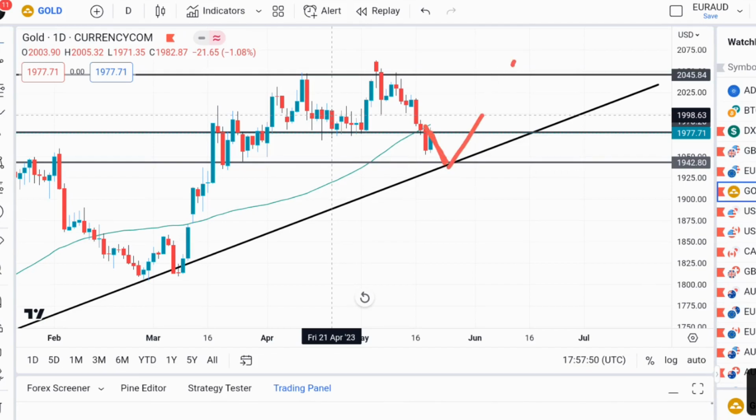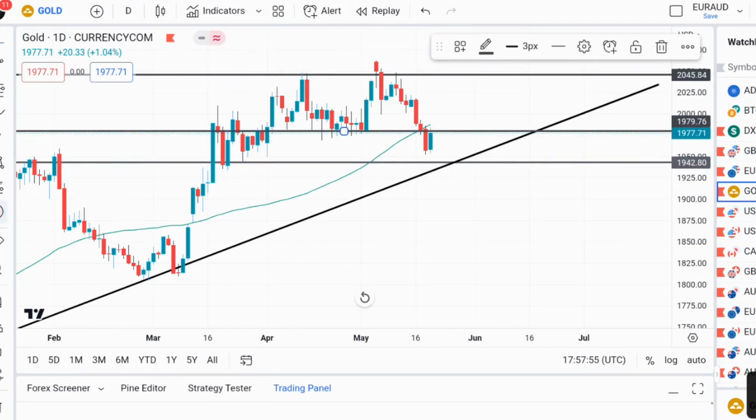And if you check this level, you see that this level right here is a resistance level on this gold, because it has broken this level of support and then it has retested it. So it means that this level has been broken right here, then there is a retest. So we can still have gold move to 1942.80 before it bounces back to the upside, as the overall market direction is in the triple top.